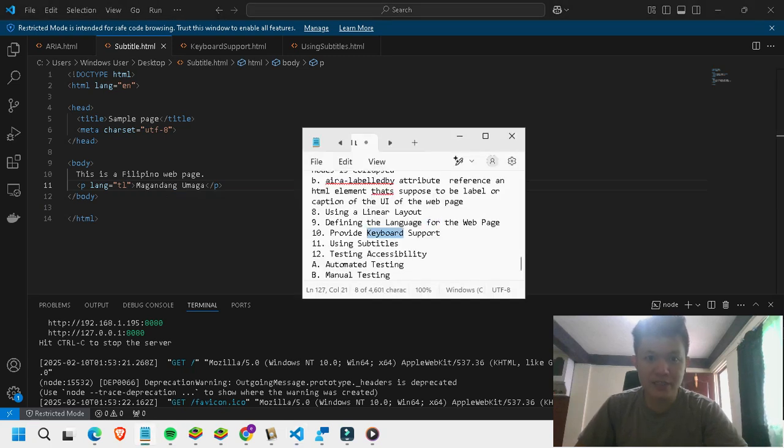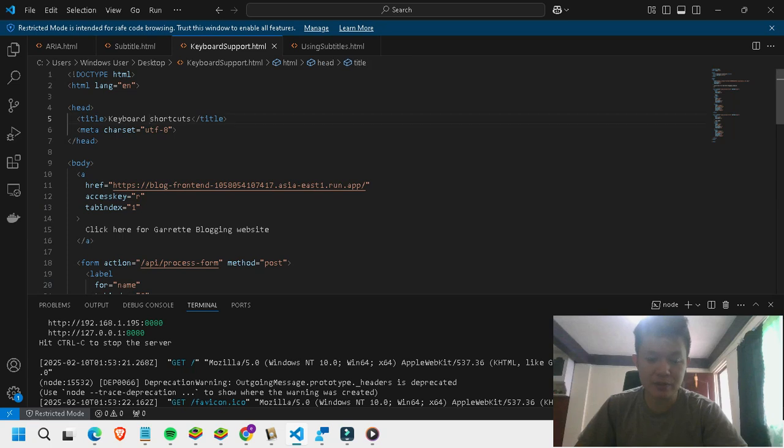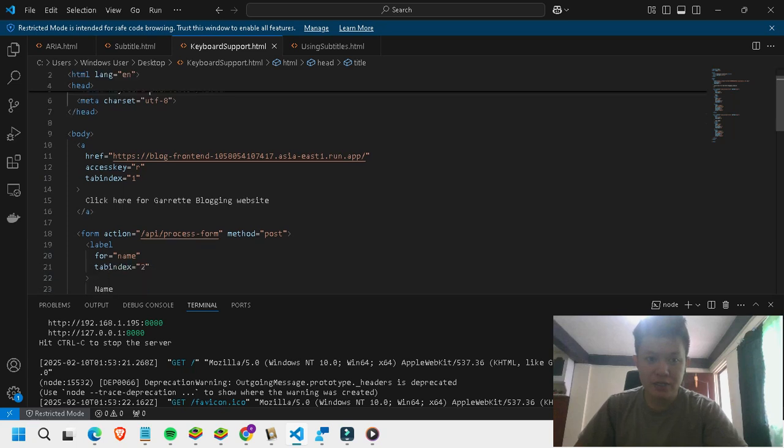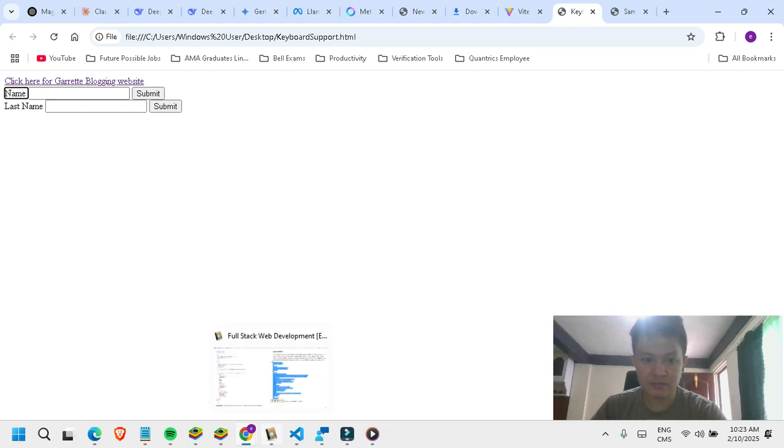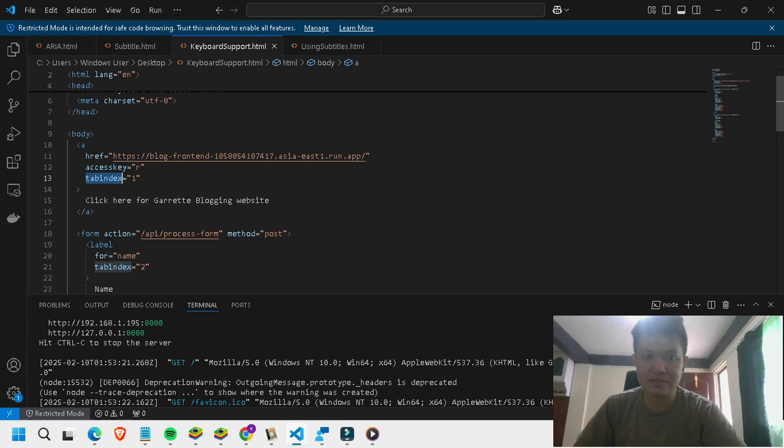Provide keyboard support. So here's an example of the one that provides keyboard support. Here, the important concept is the tab index. It defines what's the first component on the screen that will be selected when you hit tab. For example, here, when I tab, the first is name, which is the tab index, and the access key R. For example, you want to go to this link, my link,